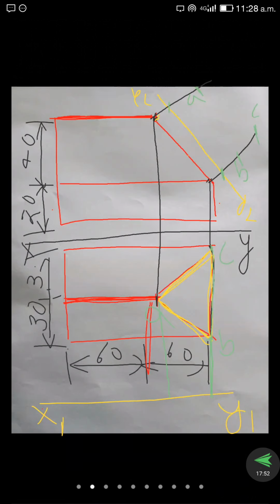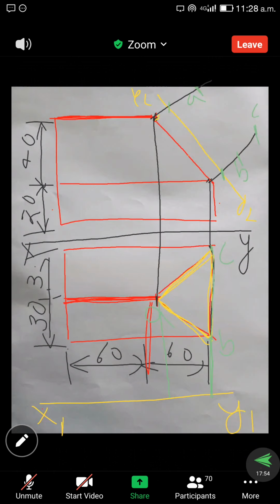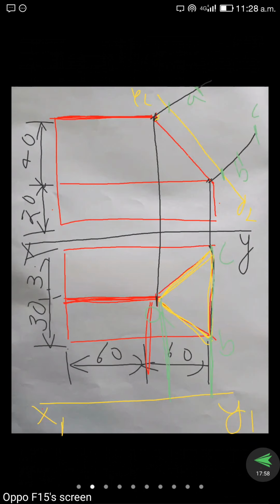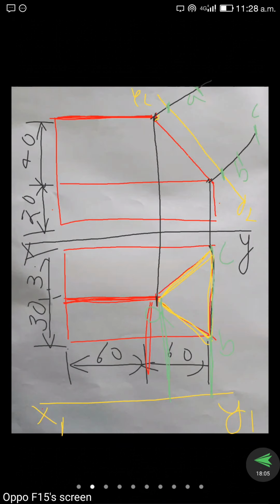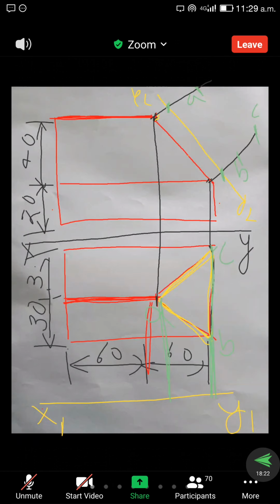Okay. Once again I will explain. See, from the A point, we take the distance up to the x1 y1 reference line. And here is the center point. We can draw one arc. From the B point, again from B to x1 y1 distance, this is the center, we can draw the arc. From the C point, we take this distance, and this is the center, we can draw the arc. Here it is the C point.